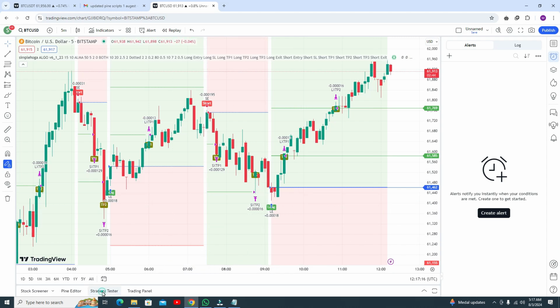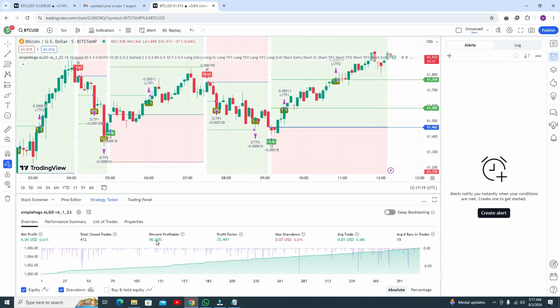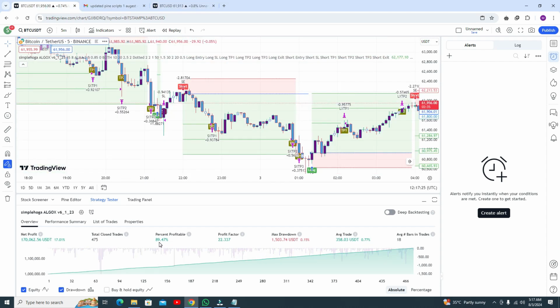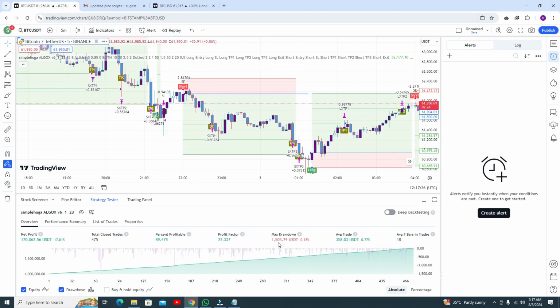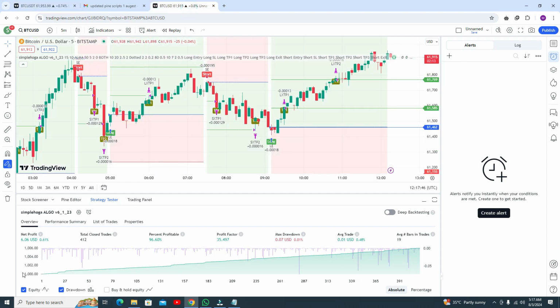First of all here you can see the 96% strategy, and in this strategy you get 89%. But there is more efficiency. You can see the maximum drawdown 0.07%. But in the updated version the maximum drawdown is 1503 dollars, 0.515%. And the profit per trade is this one, you can see this 6.60. The calculation was wrong in this algo.